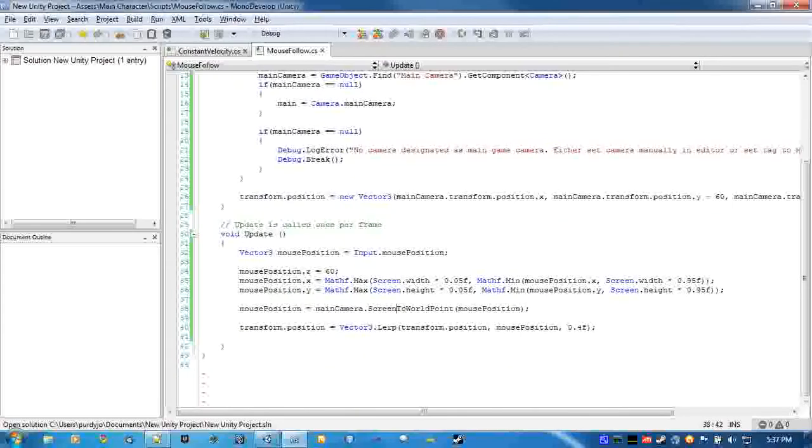Alright. So, this function is going to basically give you a smooth transition from this position to this. The smaller this number is, I believe it is the faster it goes. Yeah,